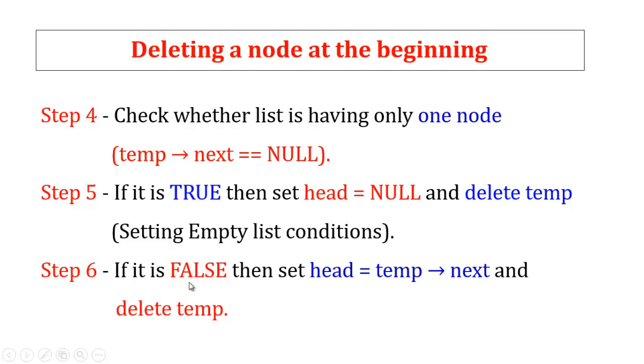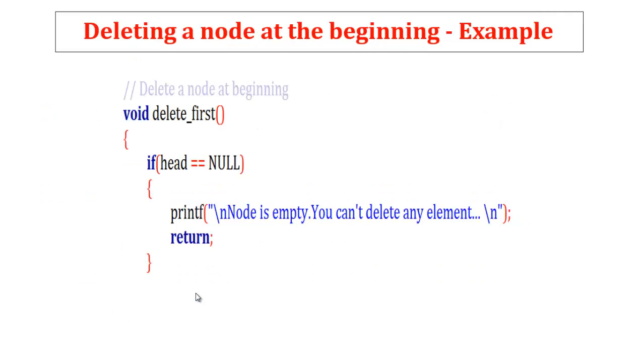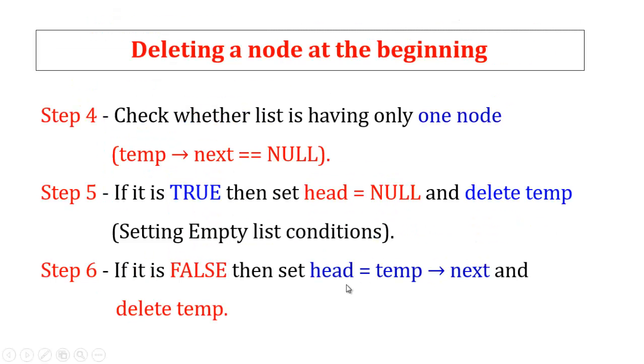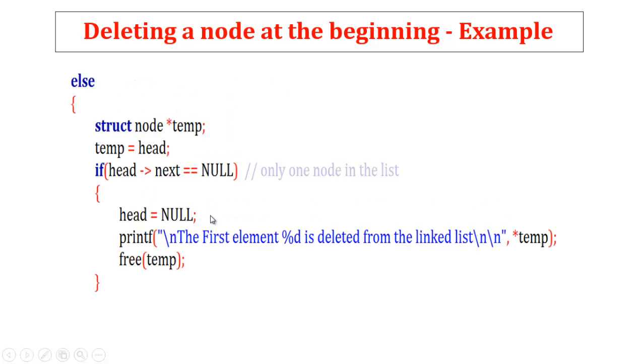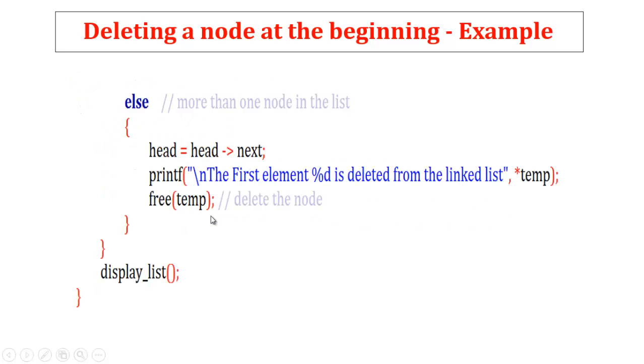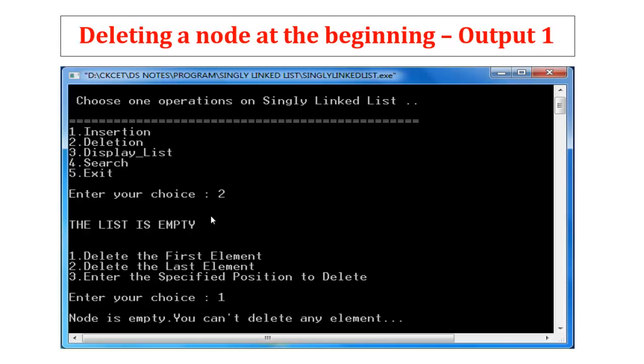That is, we are having n number of elements present in the linked list. We have to change the head pointer to the second node of the linked list. That is temp next, maybe 2000, maybe 3000, head equal 2000 is going to point to the second node of the linked list, and automatically delete the temporary pointer. So we already explained these concepts. That is the first condition and second condition, and the third one, we have n number of elements present in the linked list.